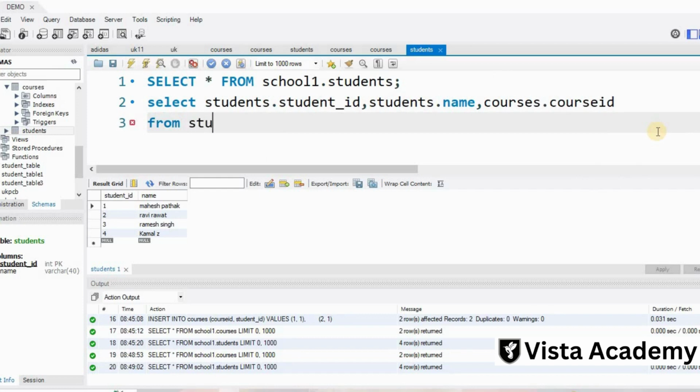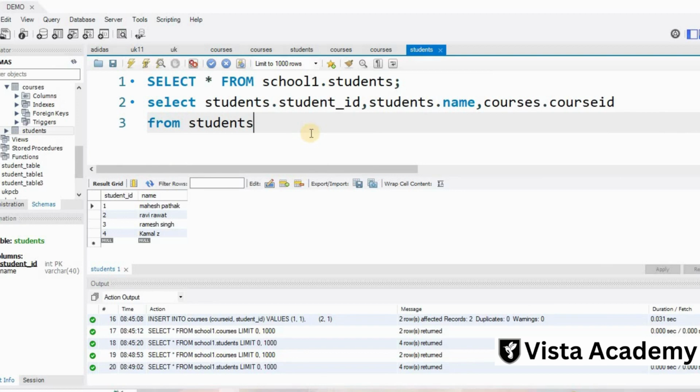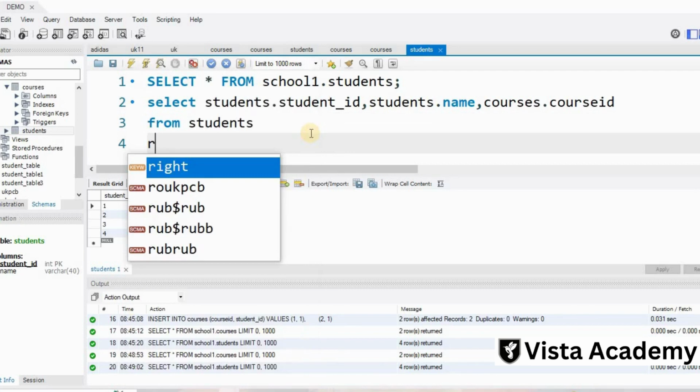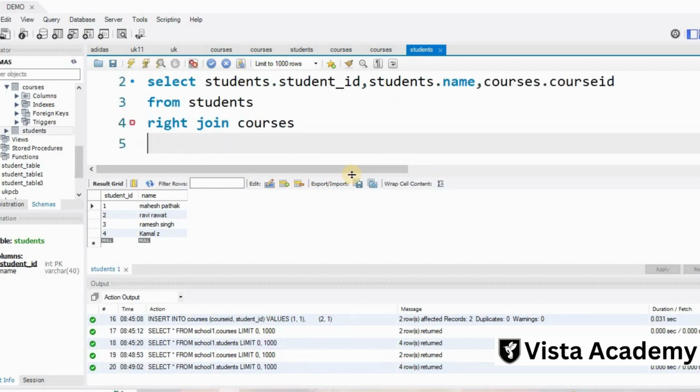From our students table, so from students, this is what we want to show because both tables have a foreign key there. Then I will put here right join with our courses. So it will right join our courses, and then I will put on.